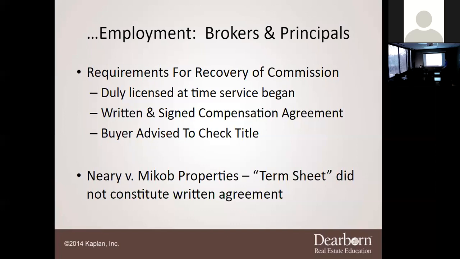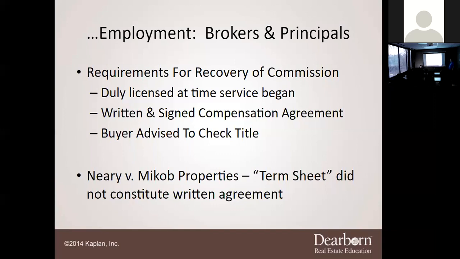So in that situation, you can't wait to the last moment. I've had agents who had transactions going and they forgot to do their stuff, or they started it a week before their deadline. They're like, I'll have it done at the end. Well, you may be done, but you still got to get that company to report it. So very important in that situation. But you have to be duly licensed at the time of service, and be licensed all the way through the transaction. So not only licensed in the beginning, but all the way through.